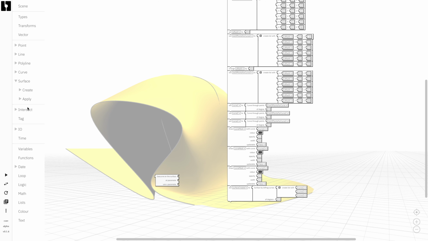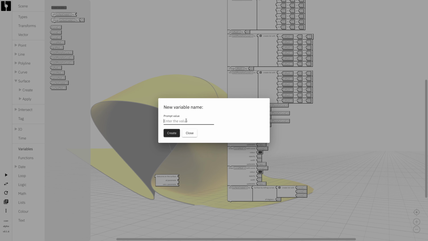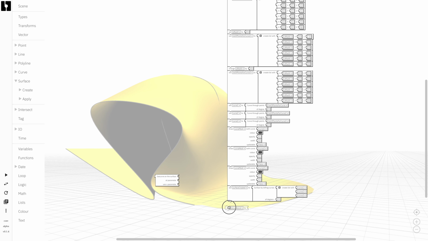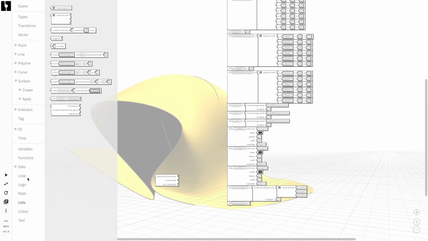And I'll create a list to hold all the isocurves, because I want to get not one, but all of the isocurves in a certain step. I will just say that I have an isocurves list here. I will set that list to be empty in the very beginning,